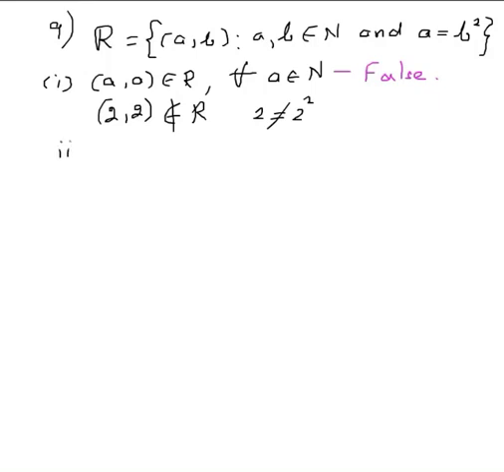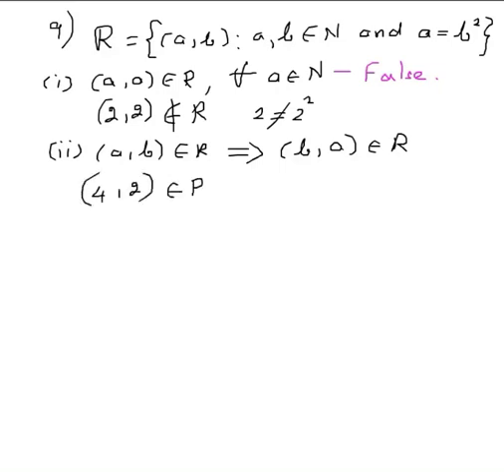Now the second one. (a, b) belongs to R implies (b, a) belongs to R. Let me use an example. (4, 2) belongs to R. The reason is 4 is equal to 2 square. The condition a is equal to b square is satisfied. But